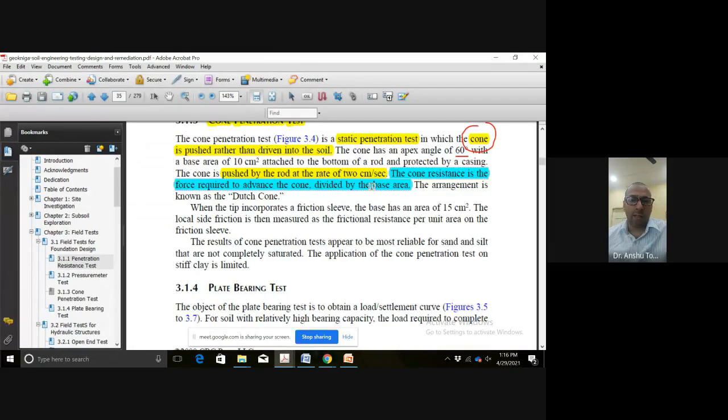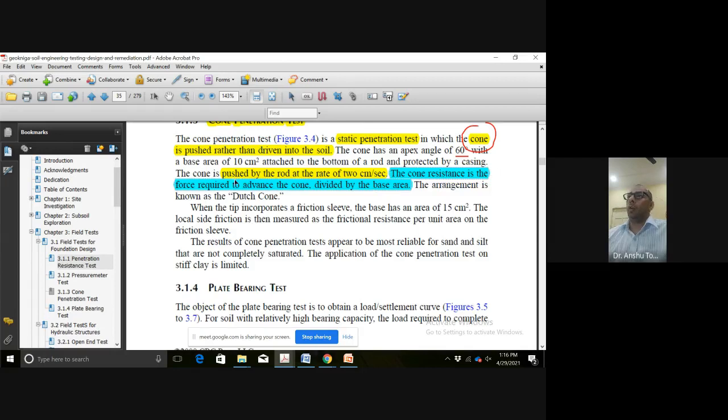So if we want to evaluate the strata for 20 meters, we cannot go for 1 foot. We assume that the soil strata is changing per 1 meter. So we are going to take the samples per 1 meter. One sample for 1 meter, and that is why whatever force is required is to be evaluated, that is also going to vary from 0 meter to 1 meter, then 1 meter to 2 meter. That will be transferred in the form of a graph, and from there we can take the readings.